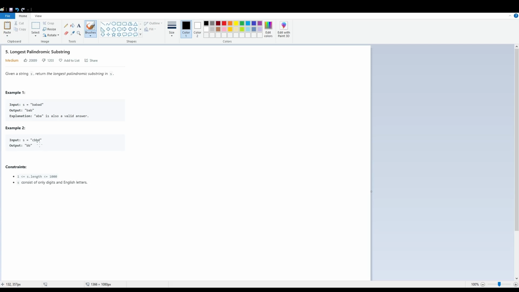And for the second example, CBBD, the longest palindromic substring here would be BB, length 2, so that would be the answer. So how would we go about this? Well, if we have,